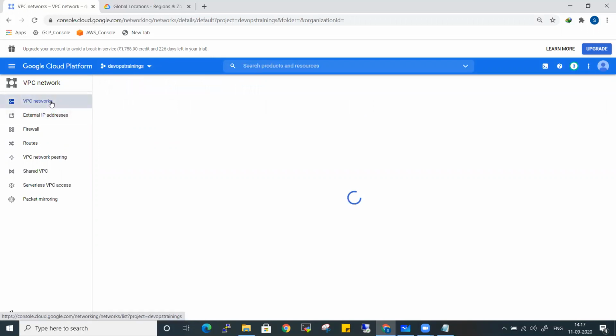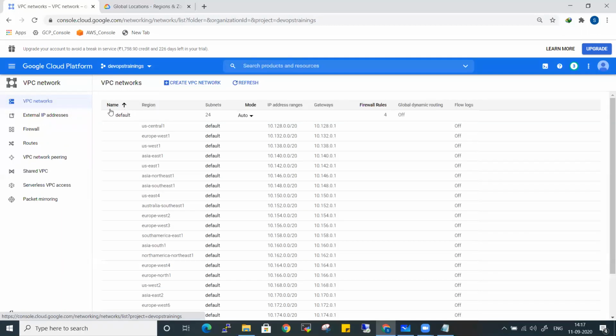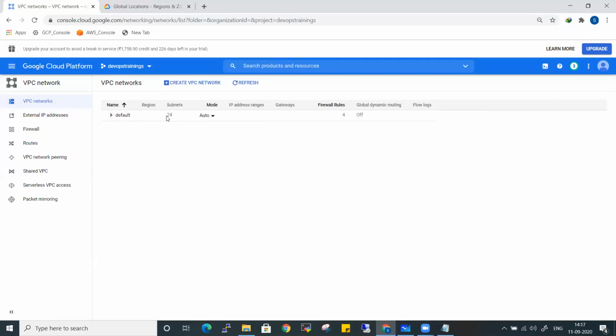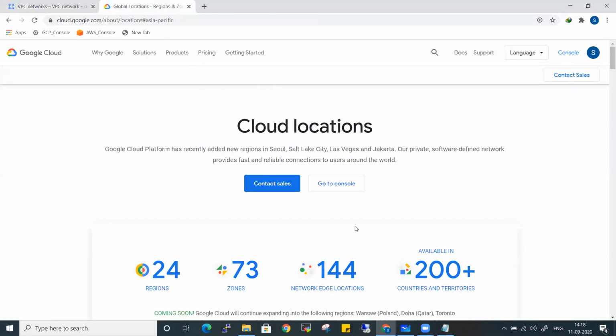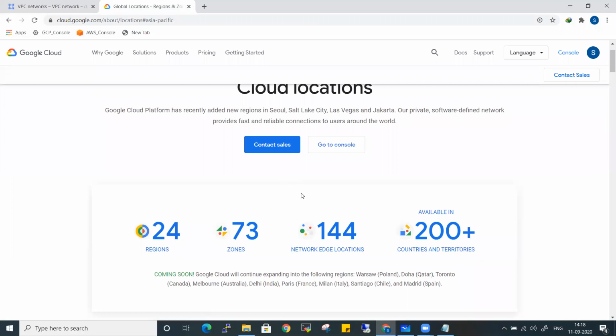or else you can see it from there itself, if you see there are 24 subnets. So what exactly are these 24 subnets? Let me discuss first about this. So the default network that is created by Google automatically creates a subnet in each and every region that Google supports. Okay, what do I mean? If you see the global architecture of Google, it has multiple regions, zones, and availability zones, right? So as of now, Google supports 24 regions.